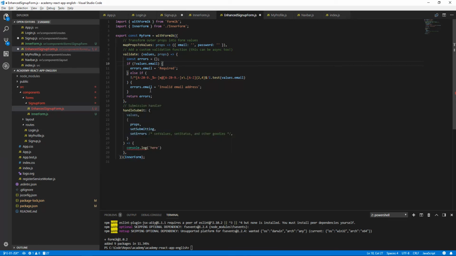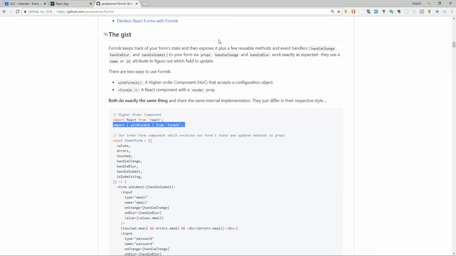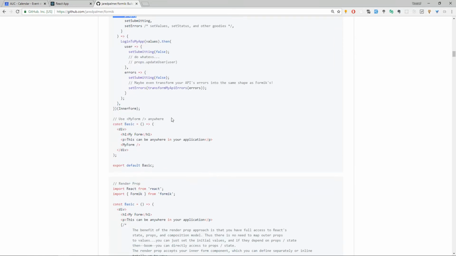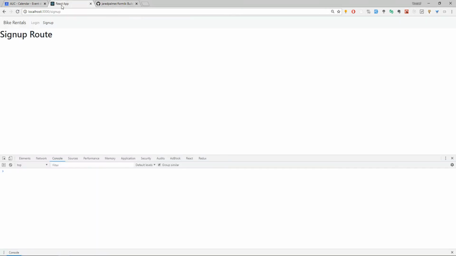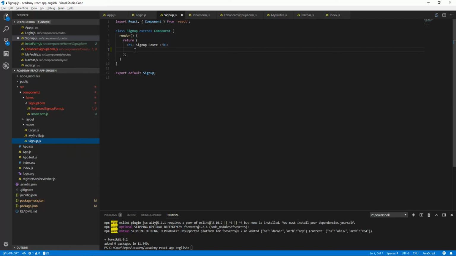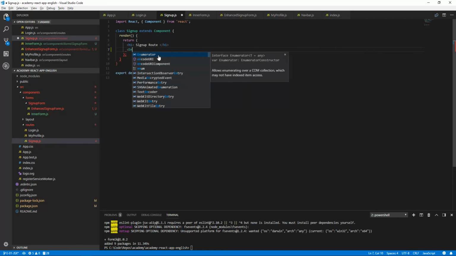Just to test this thing, we need to export this component inside another component, which could be this one, as just shown in this example. So what we could do is go into the sign up form or the sign up route and add here enhance